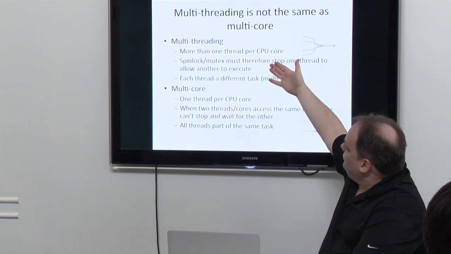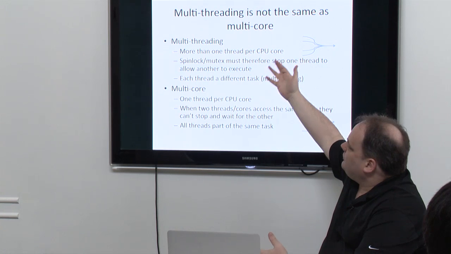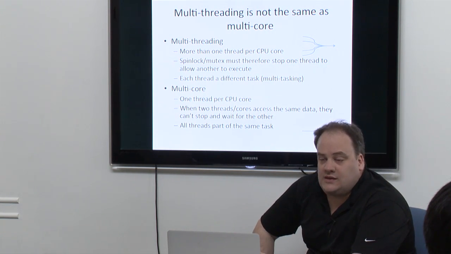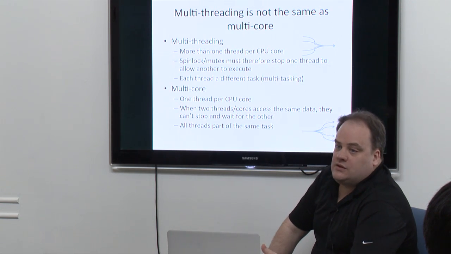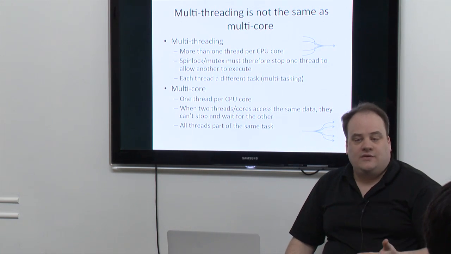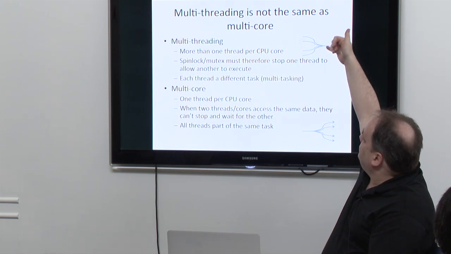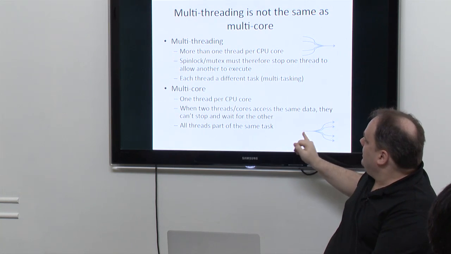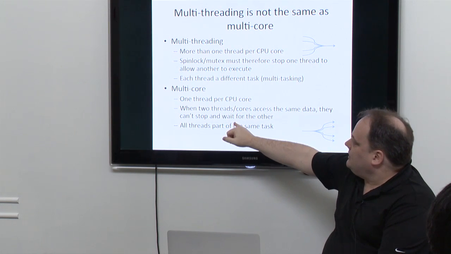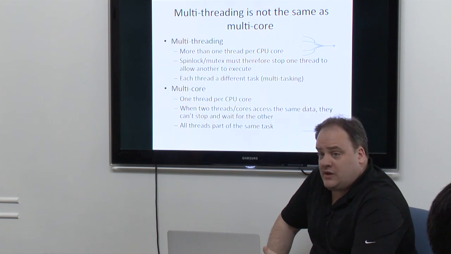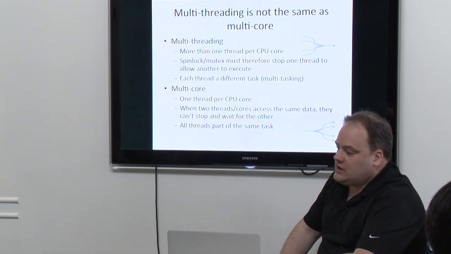So today the way that we do synchronization is with spin locks, mutexes, a bunch of other stuff, and they all share the technique of stopping the current thread when there's a necessity for synchronization. And that's okay because there's always another thread ready to run on the CPU. But for multi-core scaling, we can never stop a thread, especially if we're doing network applications with a small jitter budget. We can't stop.